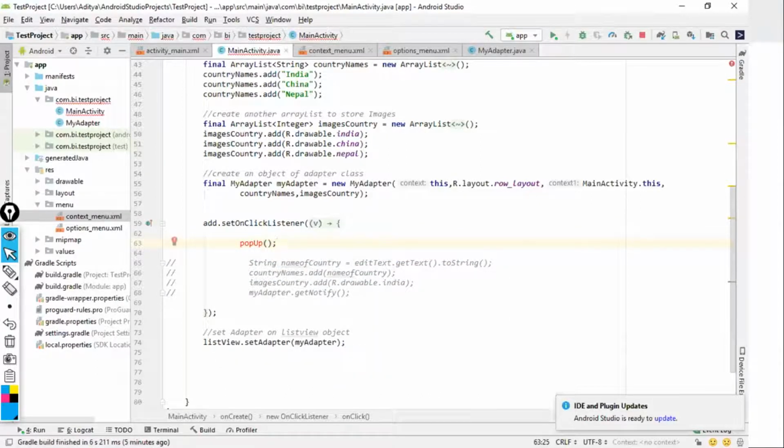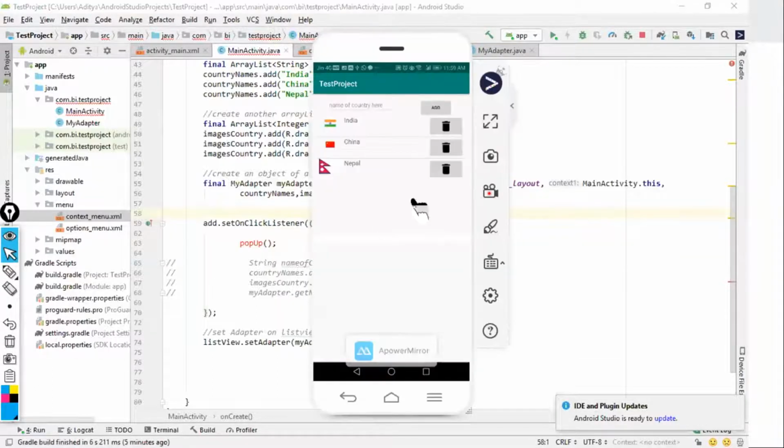Now it is showing it in red. Why is it showing it in red? Because there is no function in Android library which is known as pop-up. So in order to do that, I'll implement this function. Obviously you can write your name also here, no problem. You can write any identifier. So the first thing I did is, I have to select a button on which the pop-up menu needs to be implemented. That is, when I click on this add, pop-up menu should appear.